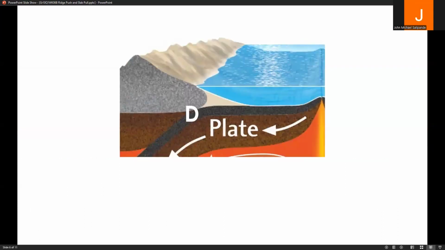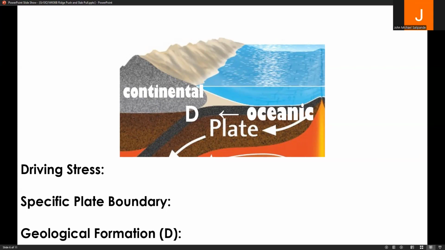Now, for the other consequence of convection currents, we have a different set of crusts involved. The first one is continental crust, which is stationary, not moving because there's no arrow designated to it. Below it is the oceanic crust. Because the oceanic crust collides and subducts under the continental crust, the driving stress involved is compression. Let's recall, any crust that subducts, usually oceanic, does so because it's denser compared to the continental crust.